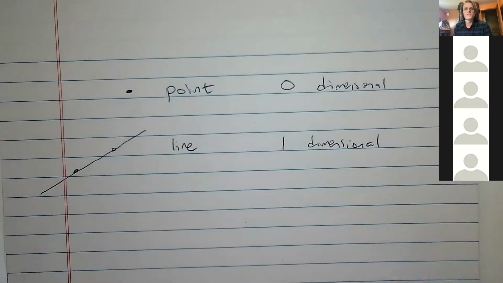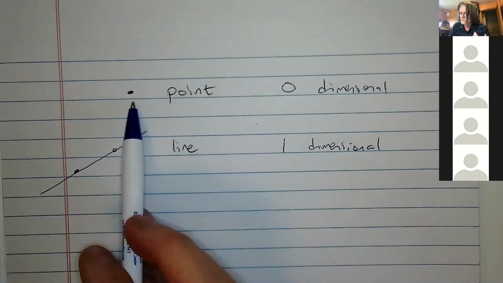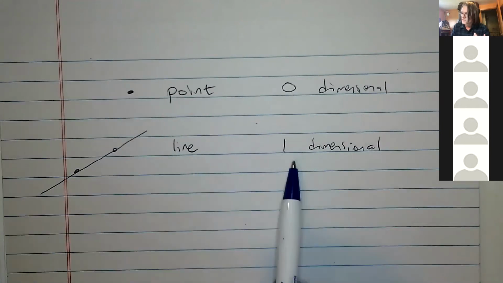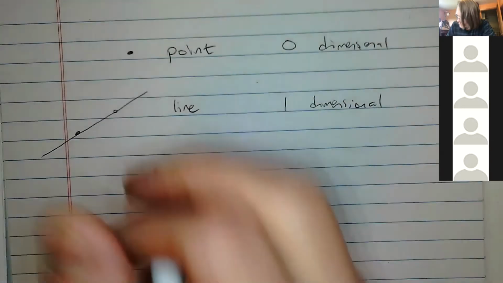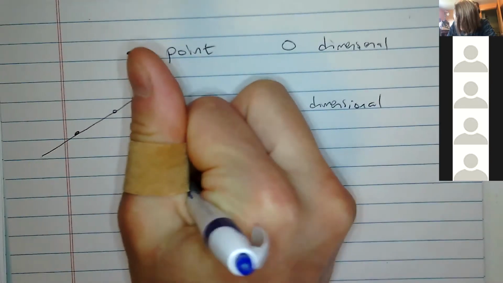Right? And so the dimension, as I said, corresponds to the idea that you can measure it almost. Like there's no measurements for this point, so it's zero dimensional. The line has length, so we say it's one dimensional. And just to be complete, the line segment